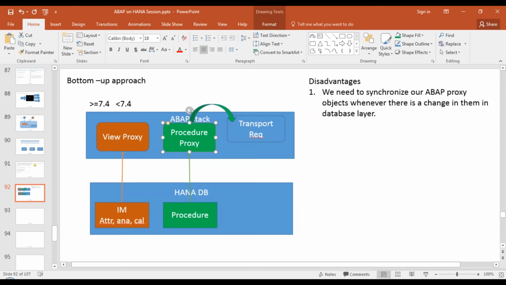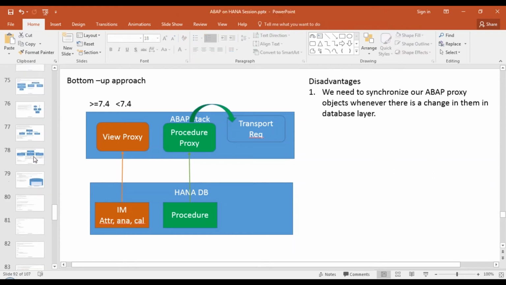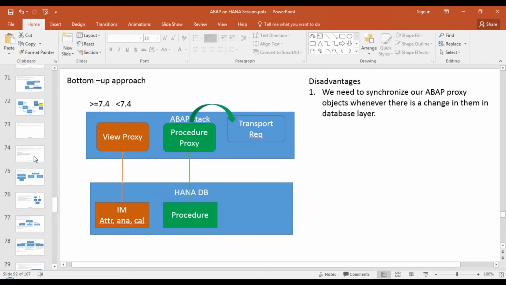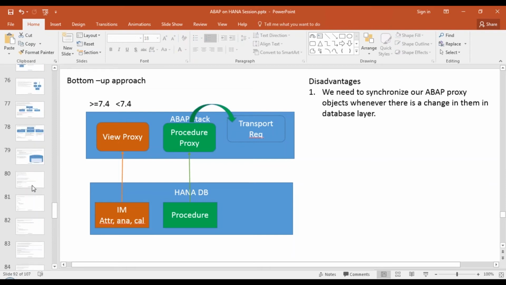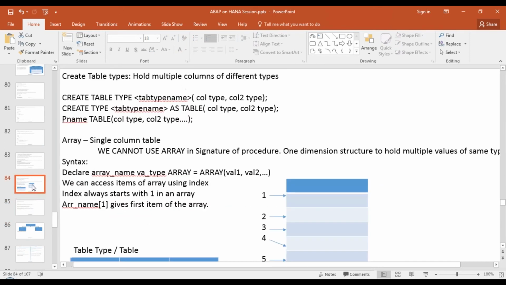Okay, so the first disadvantage we already saw. What is the next disadvantage? In fact, I talked about this disadvantage in the past class when I taught you the view proxy, guys. Can anybody tell me what is the disadvantage of using this? Let me take you back to the PPT which I was showing you a long time back for that purpose, and hopefully you guys will remember something with that PPT. Let me just show you that.